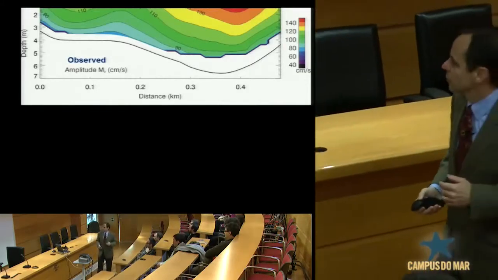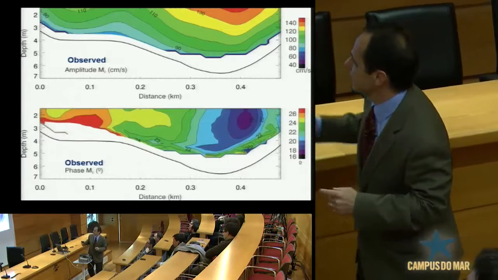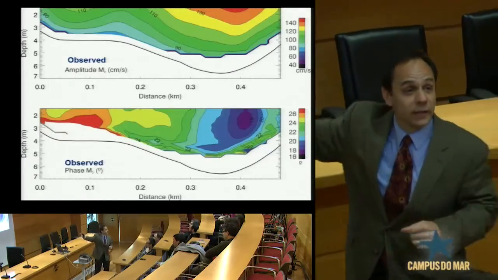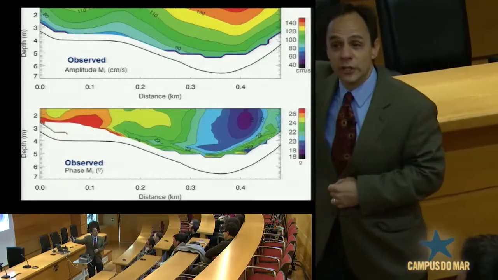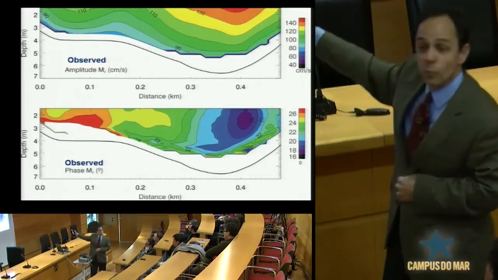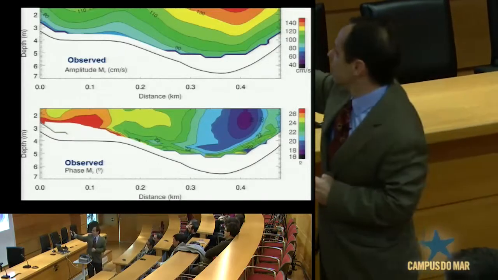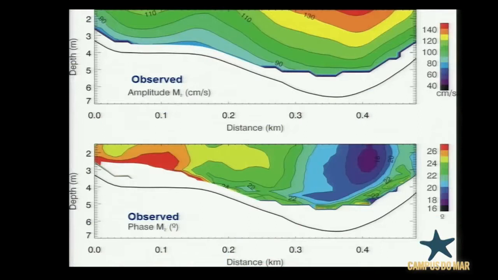And the phase that we observed looks something like that. Red means that the phase changes earlier, the tidal current changes earlier than where the blue is. The blue indicates that the currents change later. And by how much? You see it's around 10 degrees over a 12.42 hours, which is 360 degrees. So 10 degrees means 20 minutes. So a 20-minute difference between the shallow parts and the deeper part. Okay? So now let's